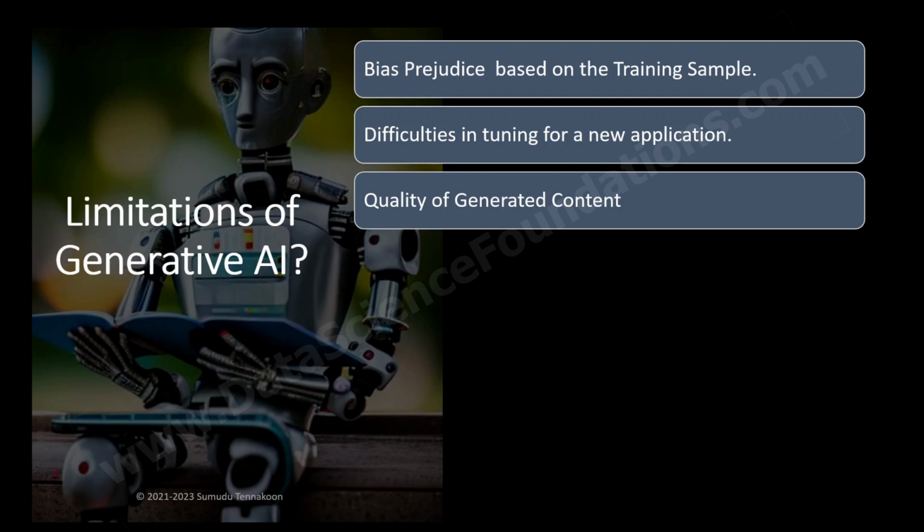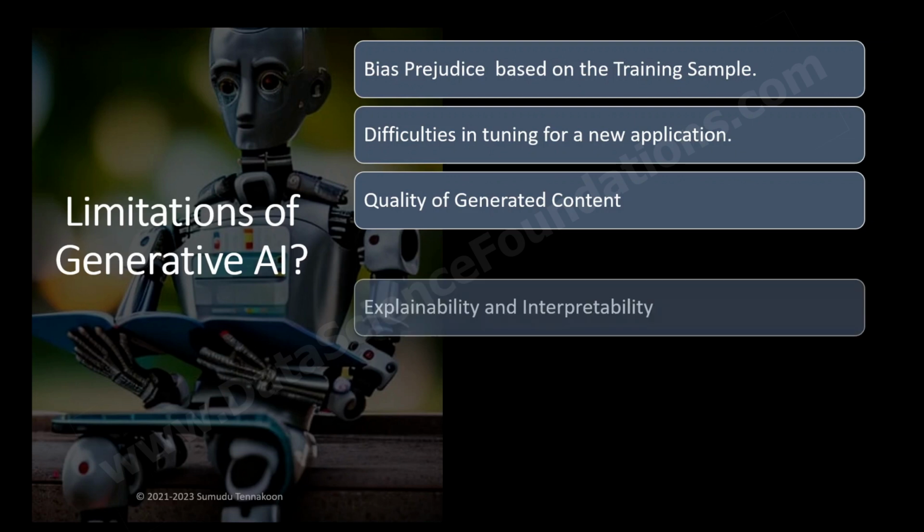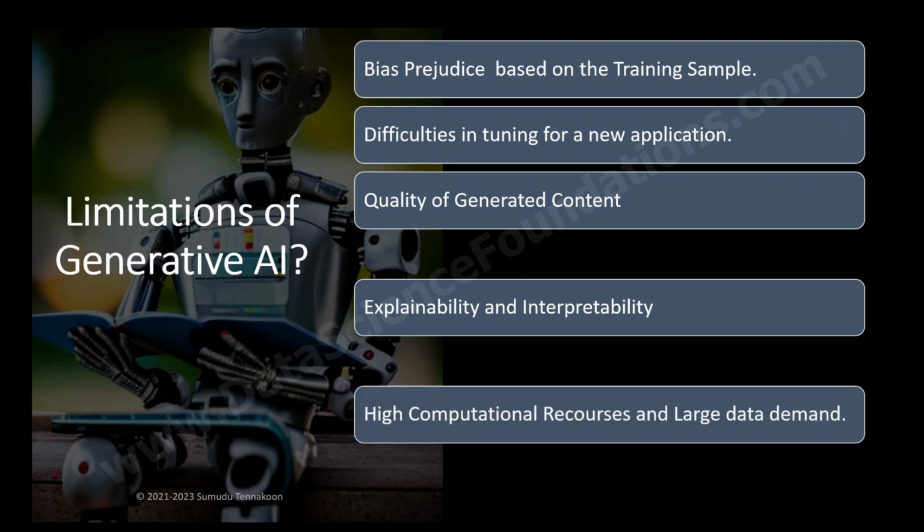But even here, you will see some issues. You see the robot's right leg is discontinued. So there are some quality issues in the generated content, and we need to think of that. The other thing could be explainability. Explainability and interpretability is a concern, because if you wanted to explain why this image is generated this way and not in the other way, or if you are generating an email, you probably need to explain why these words are here. Explainability and interpretability will be difficult with these generative AI models, at least with the knowledge